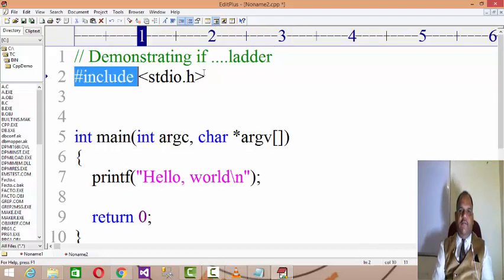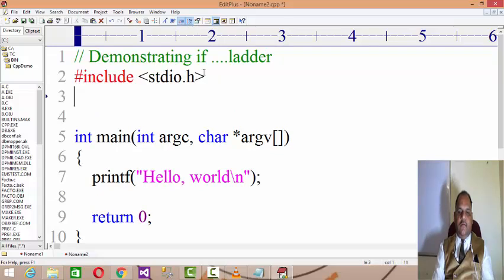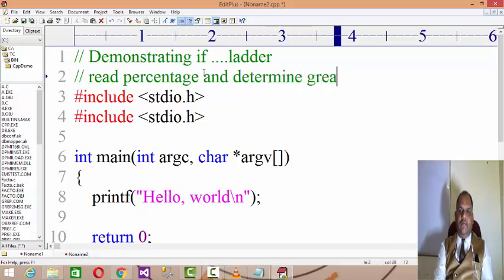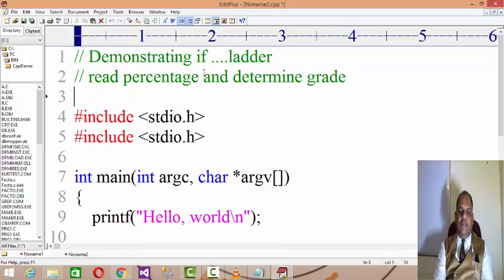While demonstrating the if ladder, let us take the same example of reading the percentage and determining the grade, and the grade has slab levels like less than 50, no grade; more than 50 and less than 65, then there is a C grade.